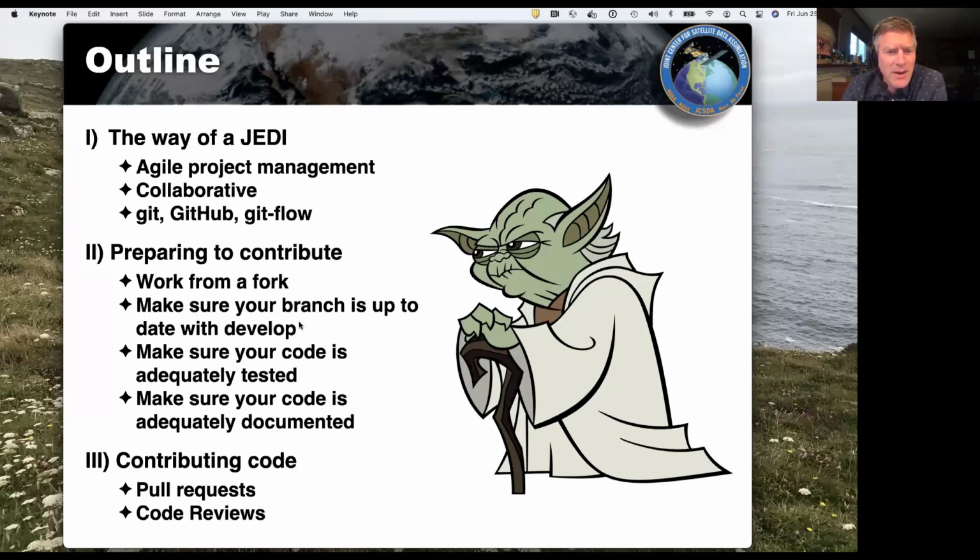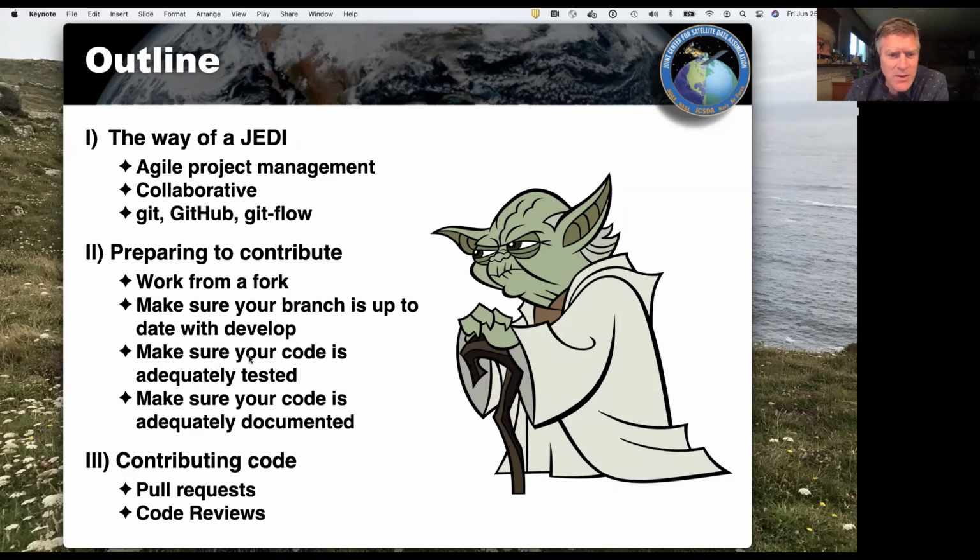A key feature here is that whenever you contribute code to JCSDA, we want to see only the changes that you have made. As I'll talk about in the Git Flow paradigm, the latest working branch of the code is called develop in each of the repositories. So OOPS, SABER, IODA, UFO, each of them has a develop branch, and that's where the latest code goes. And that's where you would contribute code if you were going to do so. But you want to make sure that your branch is up to date with develop.